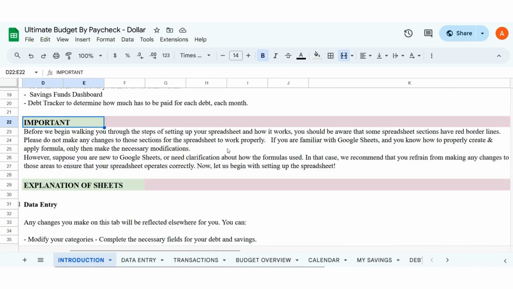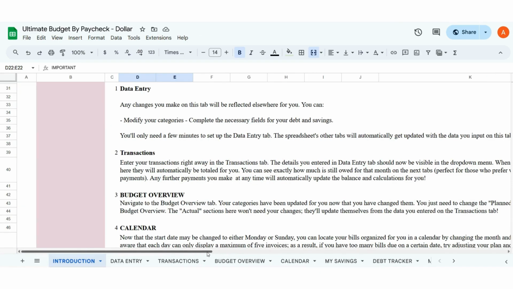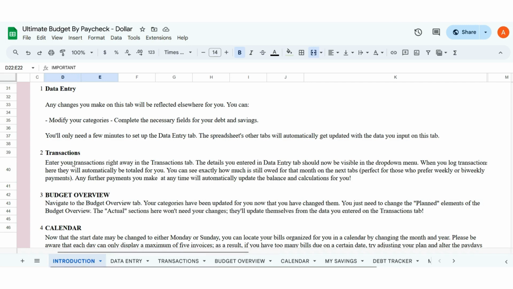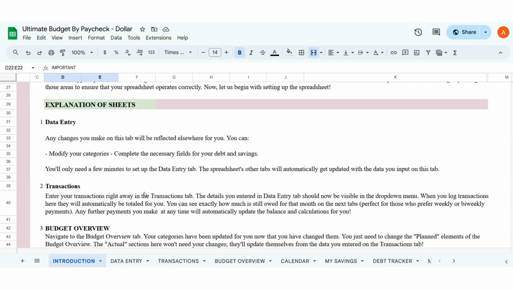Okay, so with that being said, the remaining part of the introduction tab contains the description of the other remaining tabs, as you see here: data entry, transactions, a budget overview, calendar, savings, and debt tracker. Okay, so we will go into detailed explanation when we reach the tabs individually, but let's have a quick look at the description. So it says here, any changes you make on this tab will be reflected elsewhere for you. This means, as I just have said, that these 3 tabs are for you to input your data,